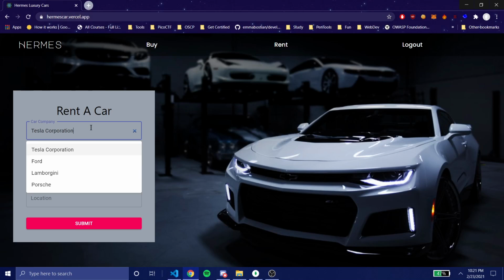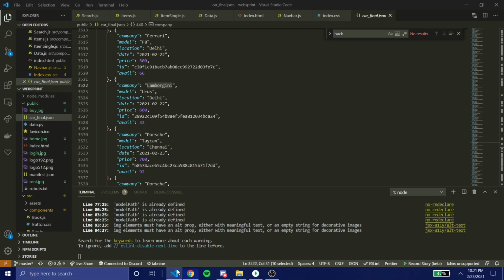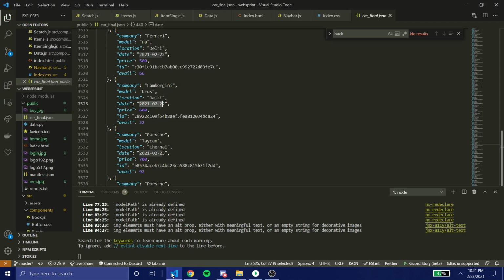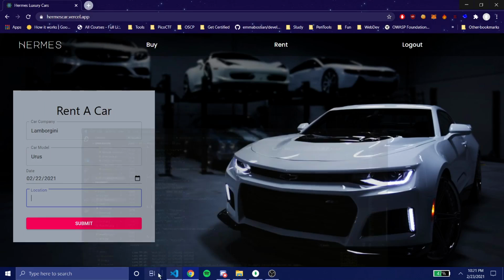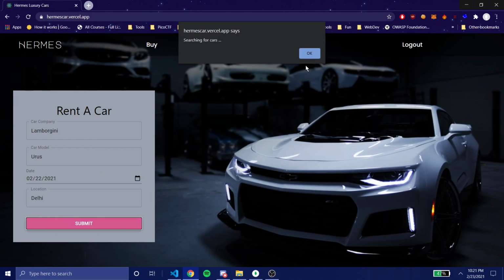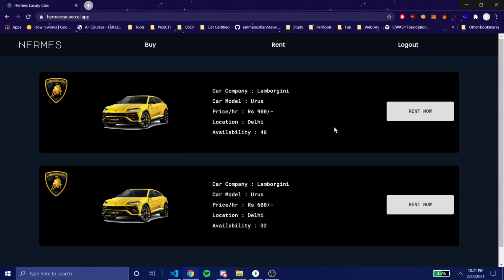For example, Lamborghini, Urus, date is 2021, 22nd Feb, and location is Delhi. The reason I'm not doing it randomly is because there might or might not be a data set associated with it, so why take the risk.